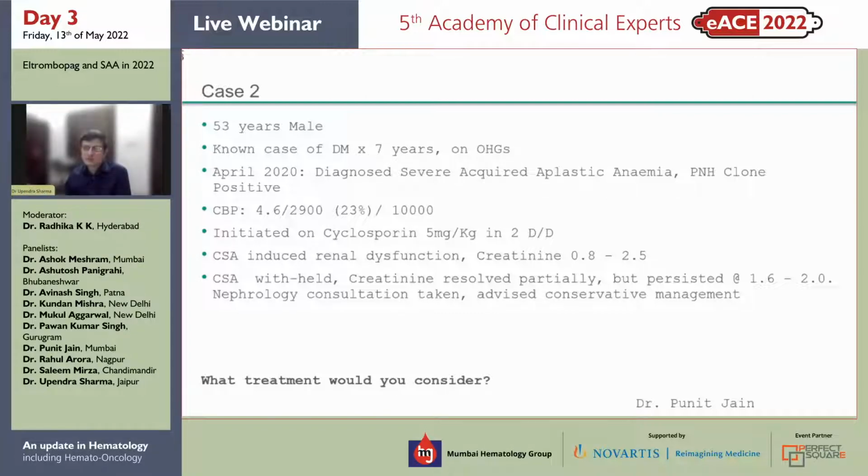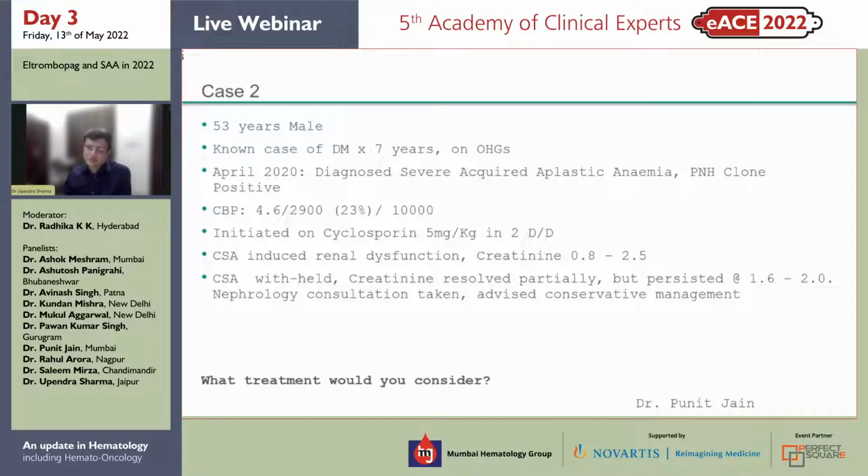So, Dr. Radhika, for this patient, yes, cyclosporine is causing problems. So we can continue. We can give this patient a combination of ATG and Ruvalate. I will prefer a full dose of ATG, 40 milligram per kg for 4 days, and Ruvalate to be started day 1 with 150. Continue Ruvalate for 6 months, and then accordingly see the response.